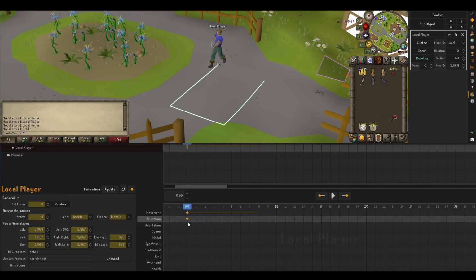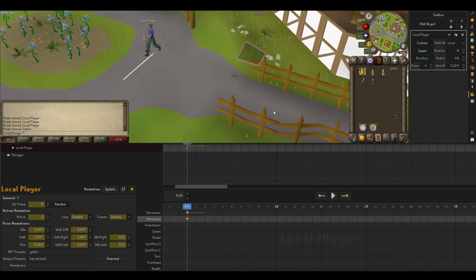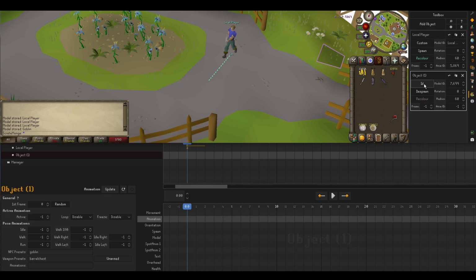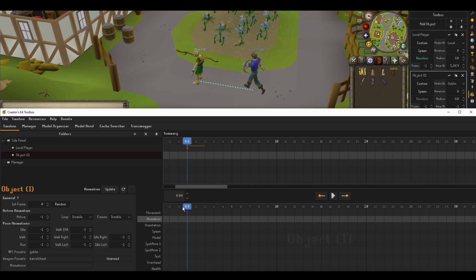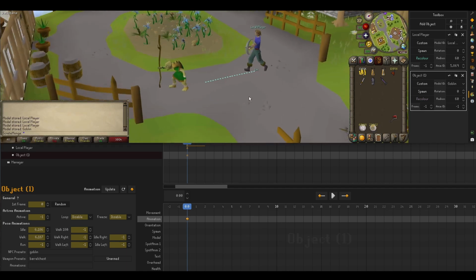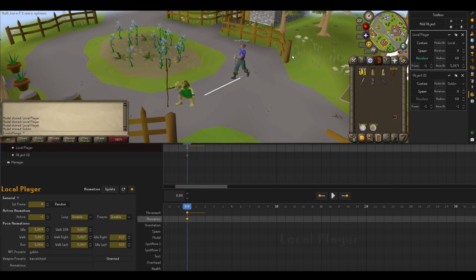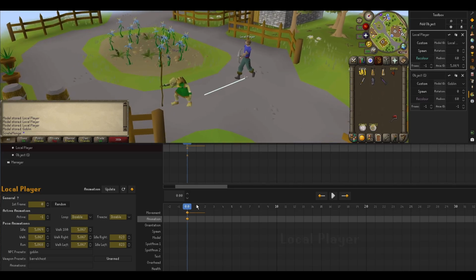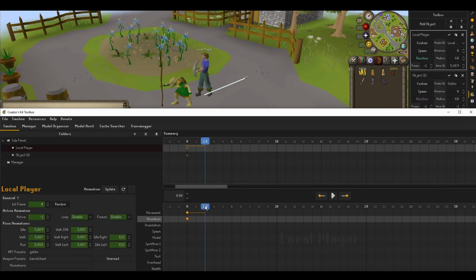Yeah, so what if I have a bit of a shorter path? I'm just going to hit Control X to delete some of these, and let's create an innocent little goblin. And let's give this goblin some goblin animations. And move him right over there. Let's say at the end of my path, I want to add an attack. I'm going to move to tick 2 over here, and I want to give him an active animation. I could give him a dance animation if I wanted, if you just wanted to flex on this goblin, and